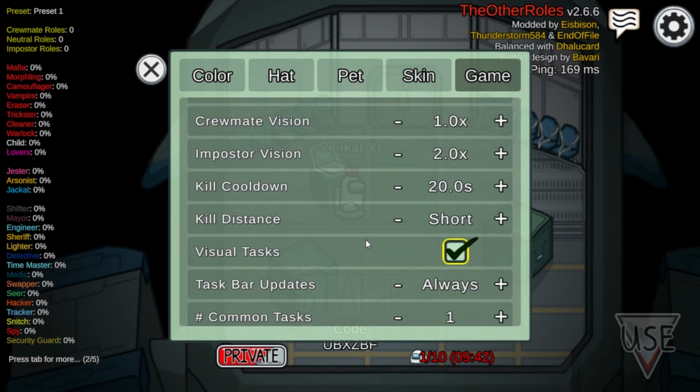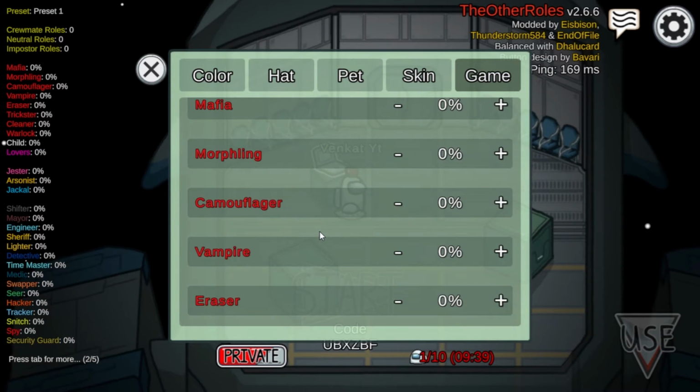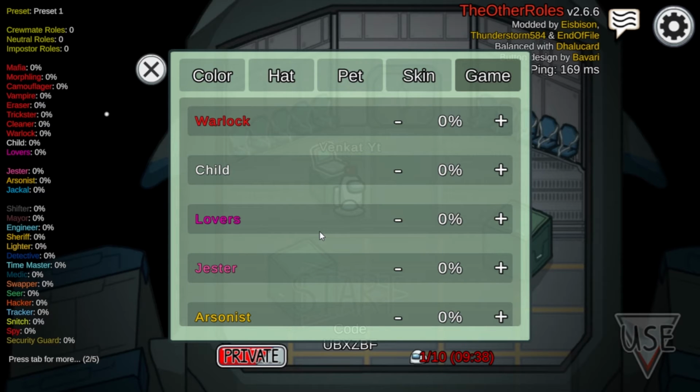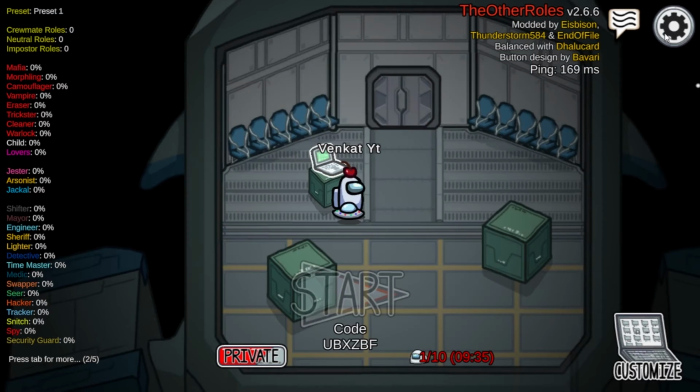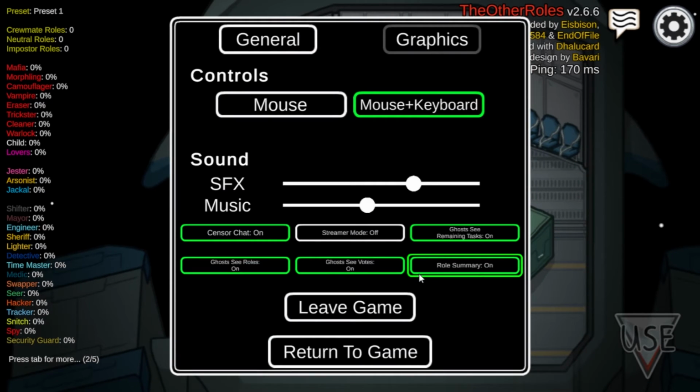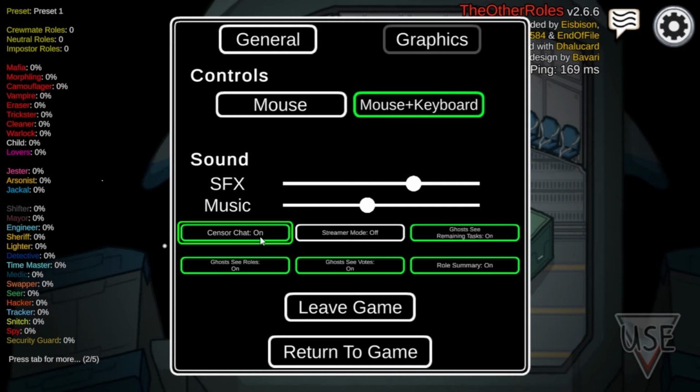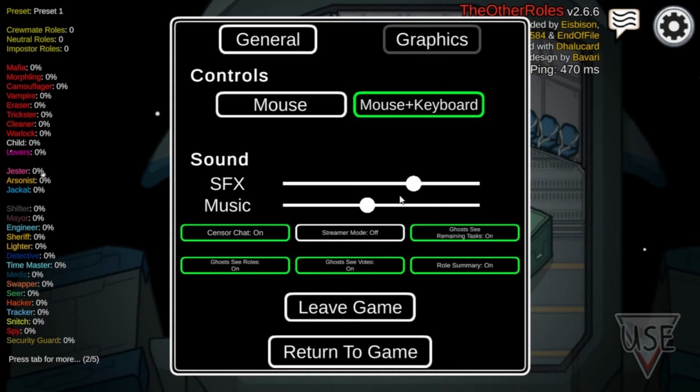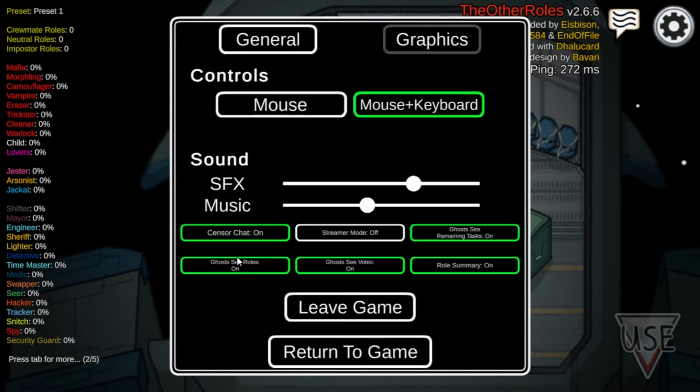So this is how to install these mods on Steam guys, and if you are on the cracked version then it's a simple process. My god, here you can see many other things. Streamer mode, Potion task, and role summary. They have included many things. Okay, let's leave now